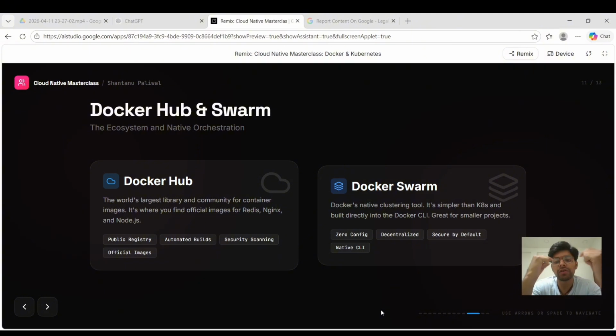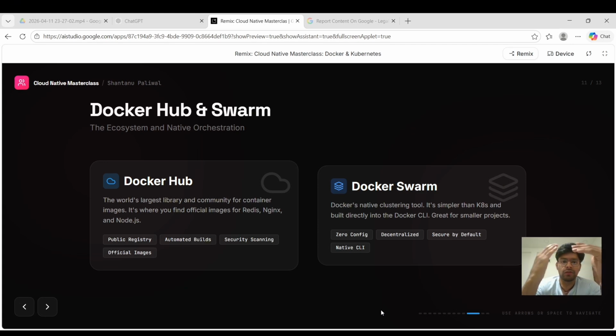Docker Swarm is ideal for small projects and for simpler architectures, and it is easy to set up and lightweight and works well for quick deployments. However, if you are building something large scale and complex systems with multiple services, then you need Kubernetes for it because it has some advanced features like auto scaling and self healing and efficient resource management.